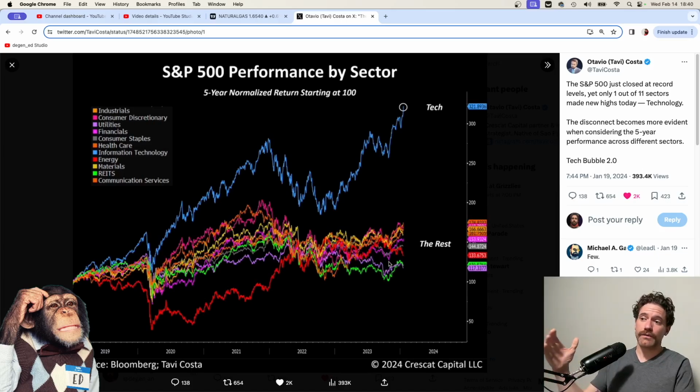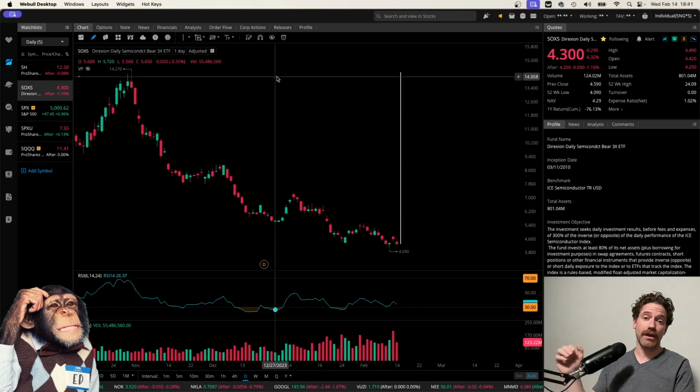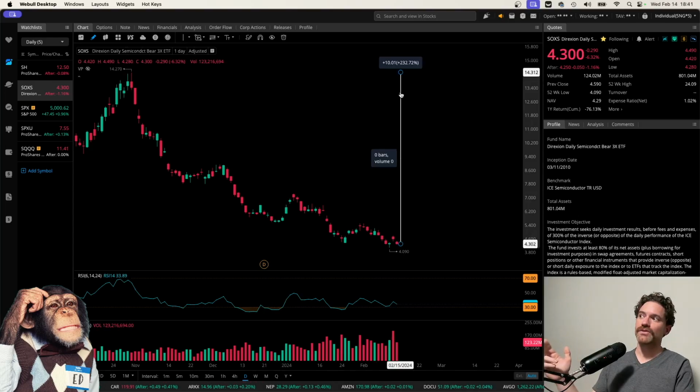And so my thoughts with this are that if the S&P 500 is to turn around, if it is to top, I think you can make a lot of money shorting it. But I think a way to short tech, which gives you a little bit of an edge, because this is going to be correcting much more than the rest of the sectors that go into the S&P 500, is that one could short semiconductors, and I think that would give you an edge. And I think that's why you see here a more than 230% gain if prices were to go back to the October lows of the S&P 500 or the highs here, a 230% gain